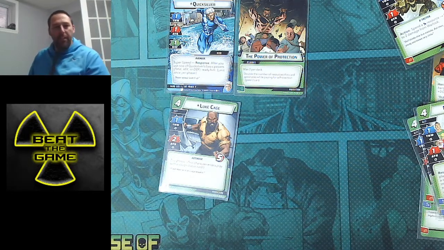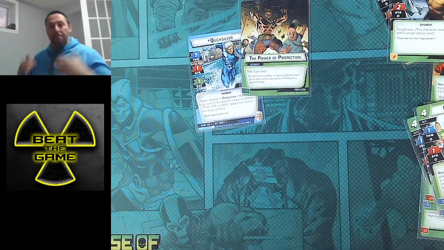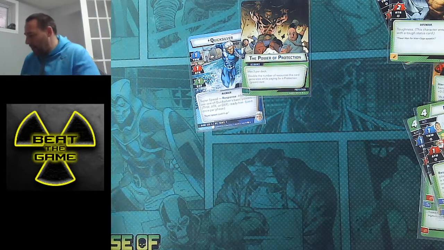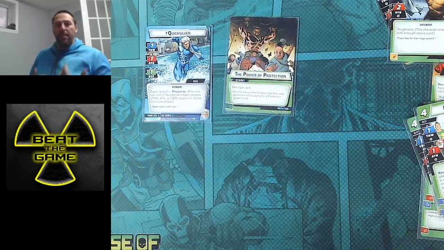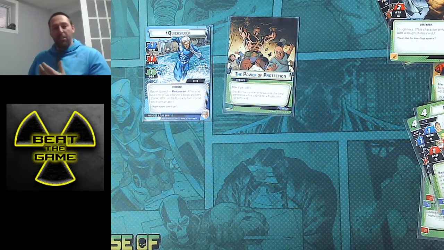And you guys are free to make your own decisions how you play. All right, so that is it for my aspect breakdown, like Quicksilver and protection. Now again, the strategies you want to be using with him,